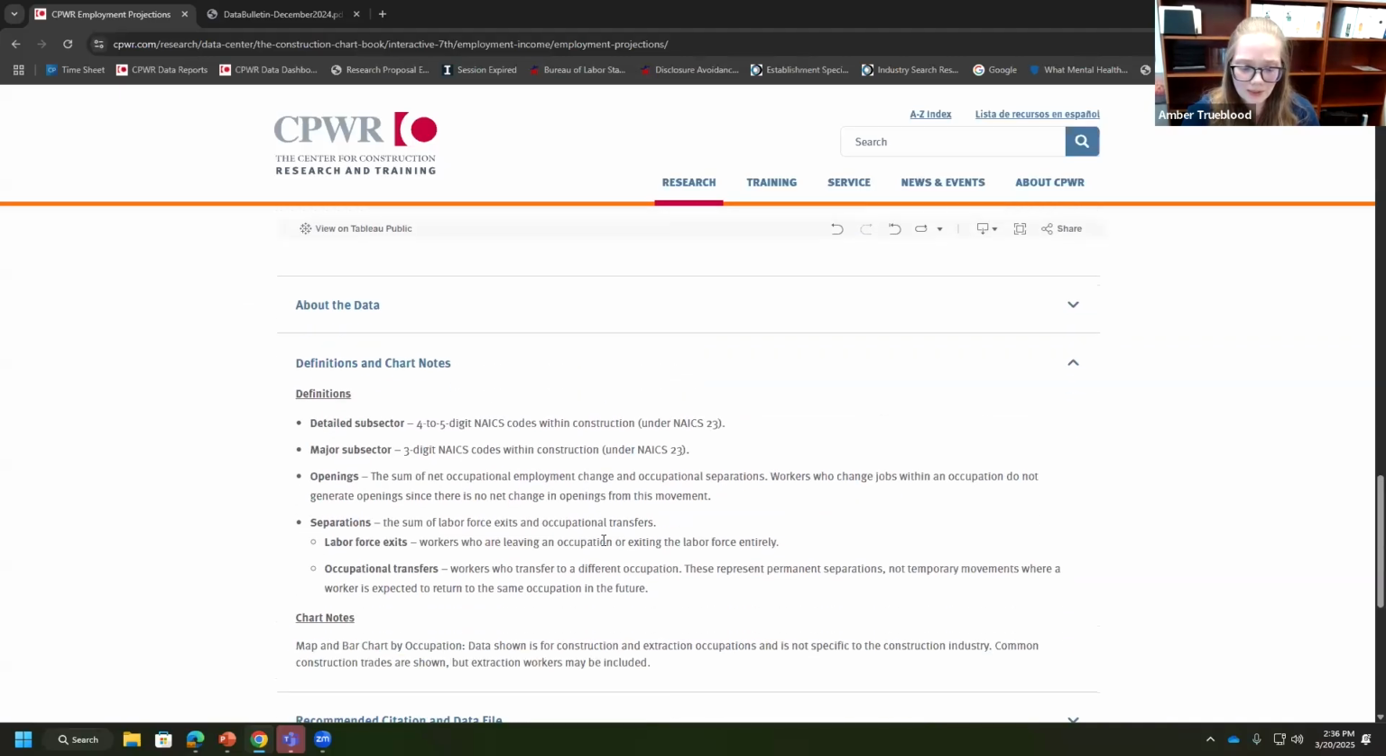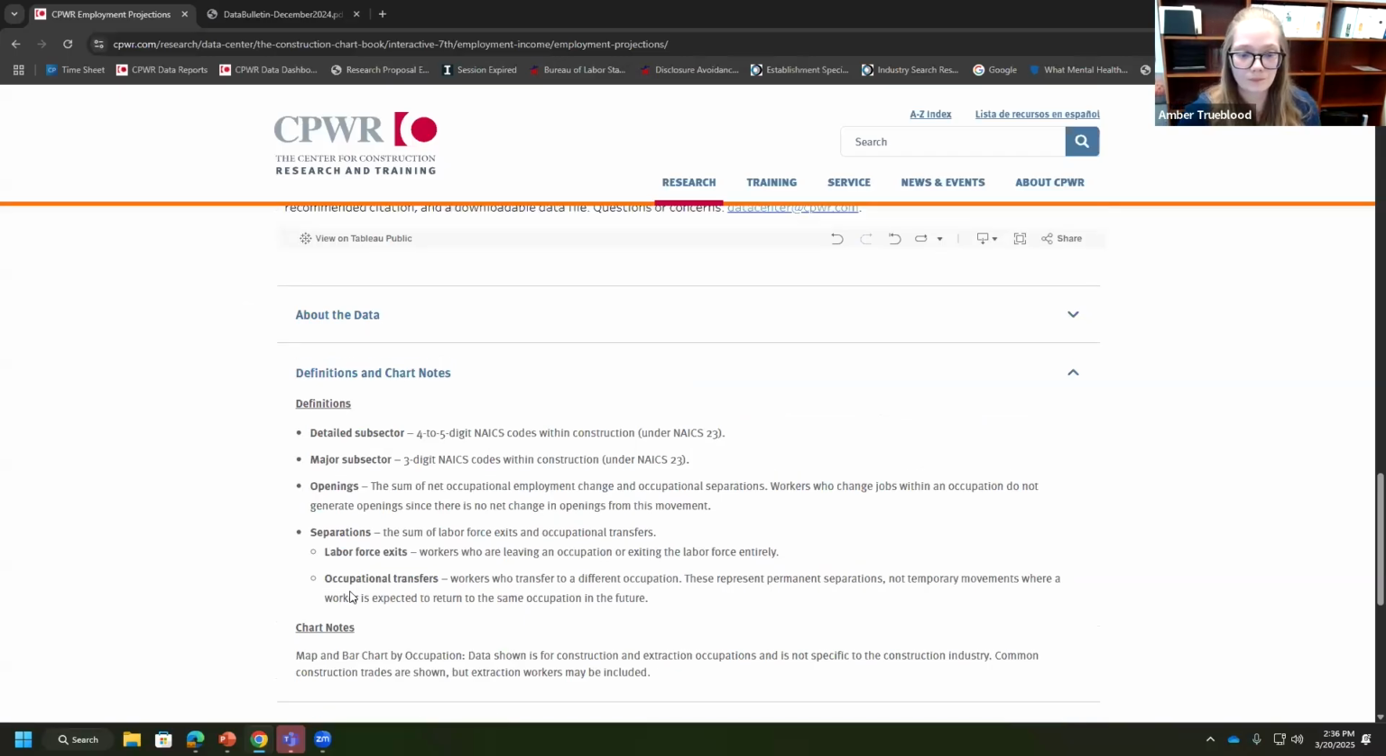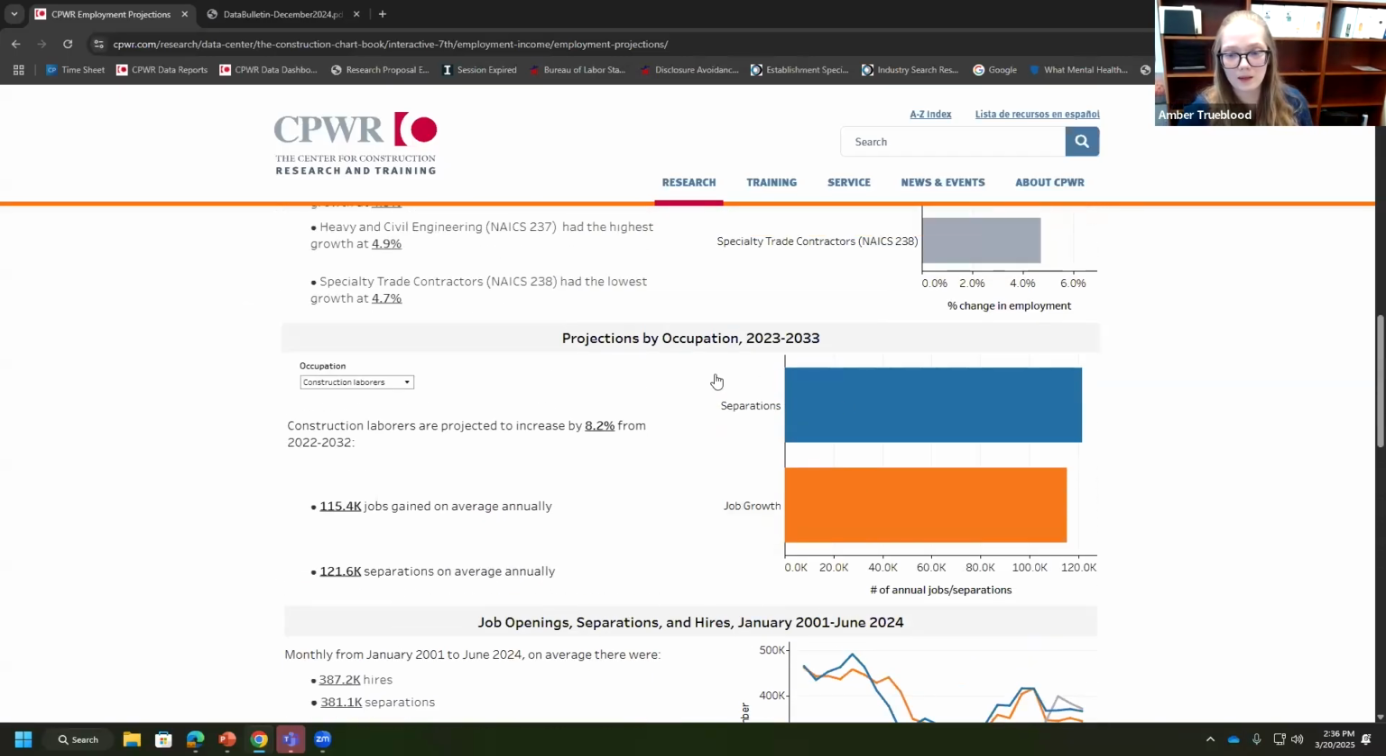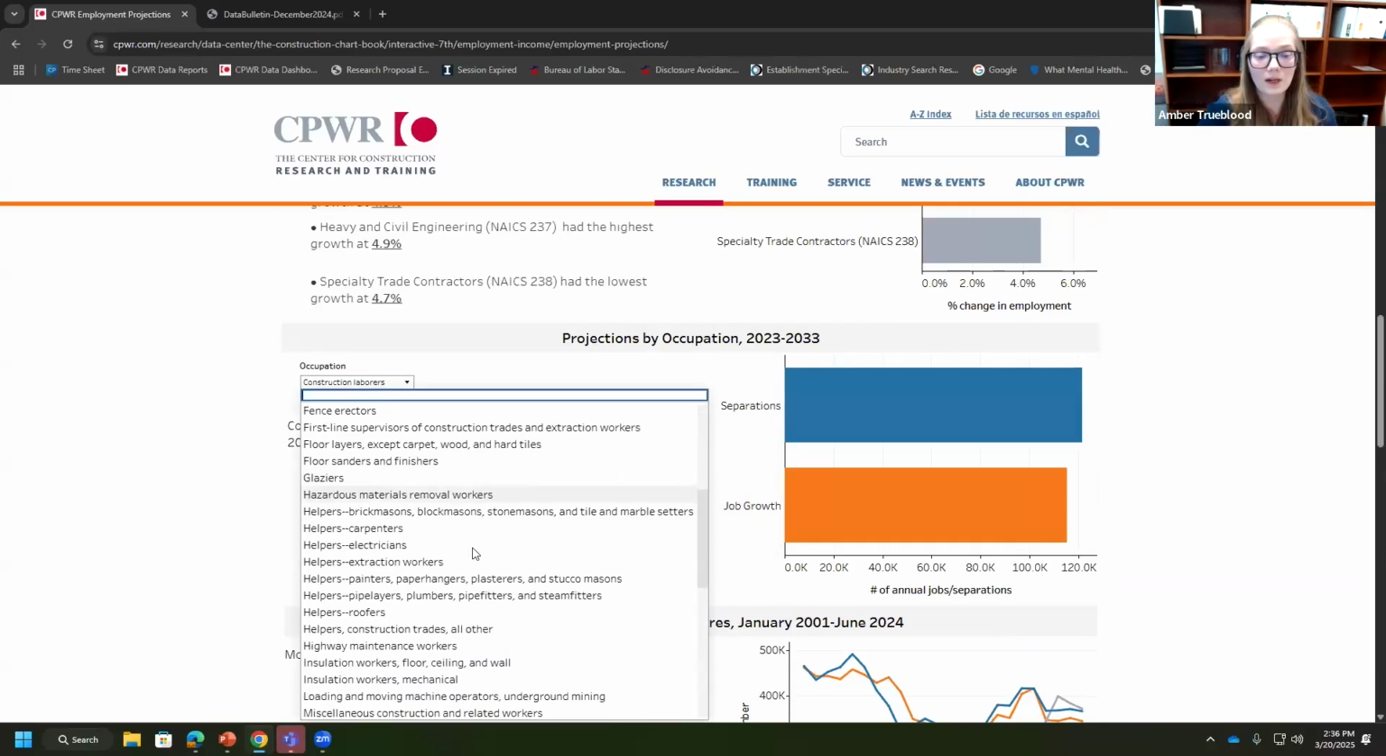So here we can see at a high level, separations measure the number of workers who are projected to leave an occupation. This includes individuals who retire, leave the labor force for reasons other than retirement, or transfer to a different occupation or industry altogether. So that may be a little bit more helpful as we're talking about these projections here by occupation. Now, as you can see from our drop-down menu, there are a lot of